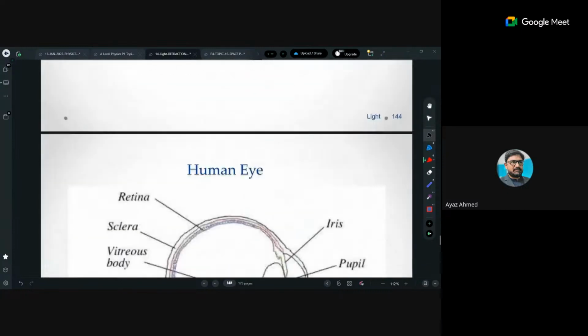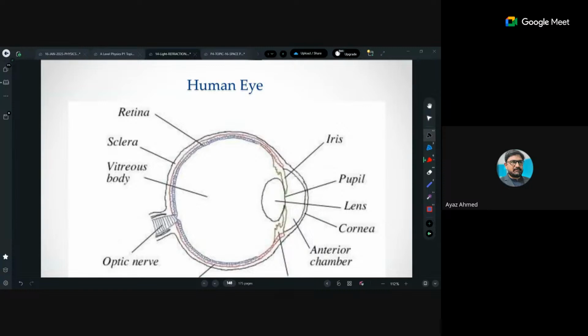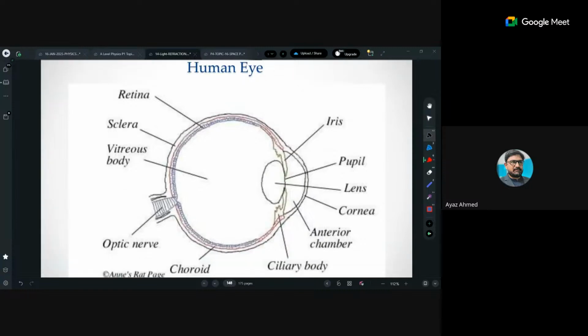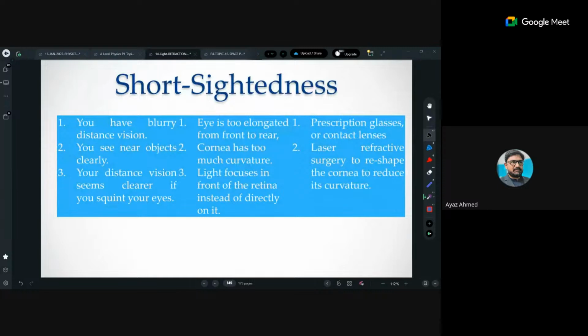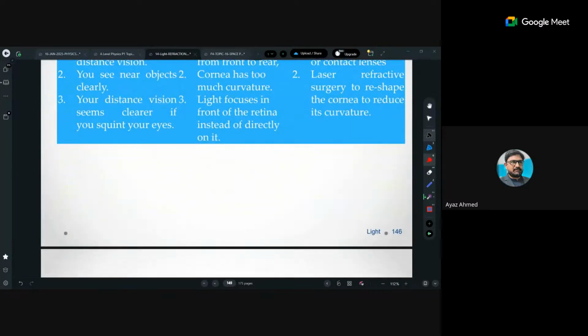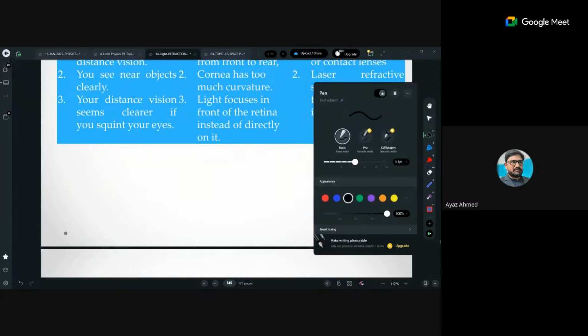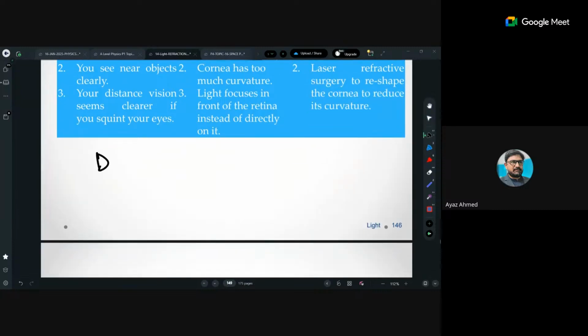When we talk about the defects of vision in the human eye, this structure will not ask you everything, only the thing which is in the interest of physics, that is the lens and the retina where the image is being formed. There are two problems in the defective eye: one, short sightedness, and the other, long sightedness. Short sightedness is the disability to see the distant objects,